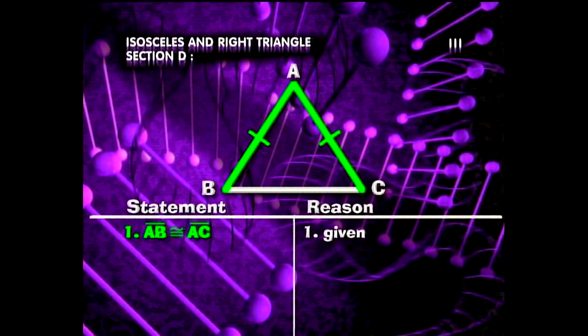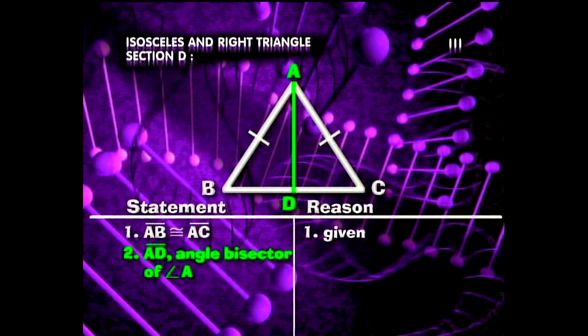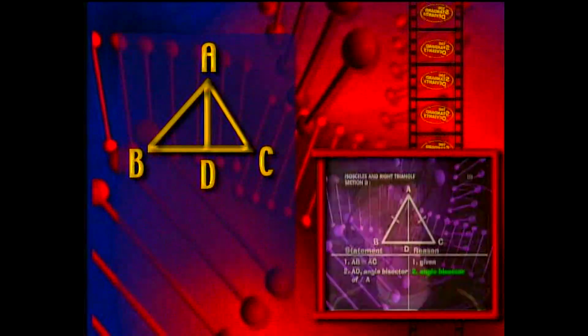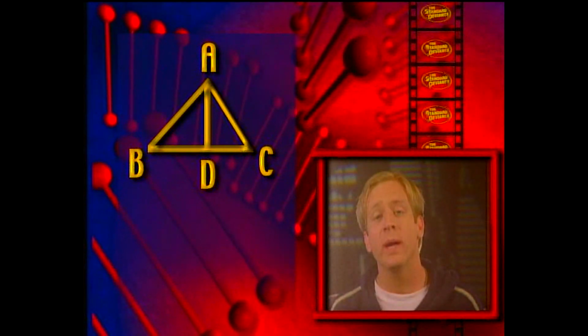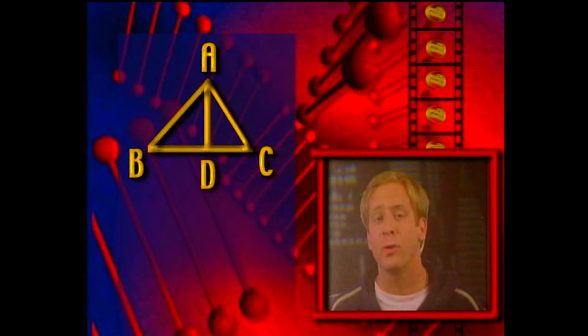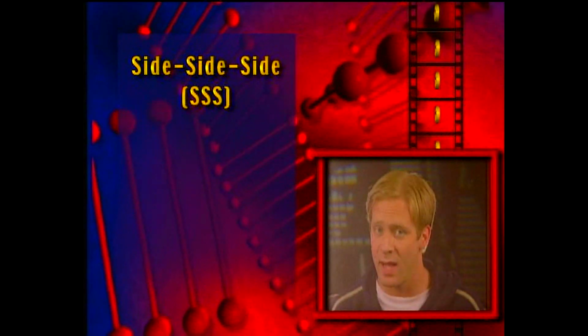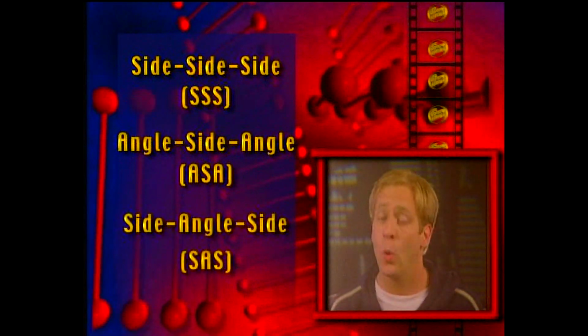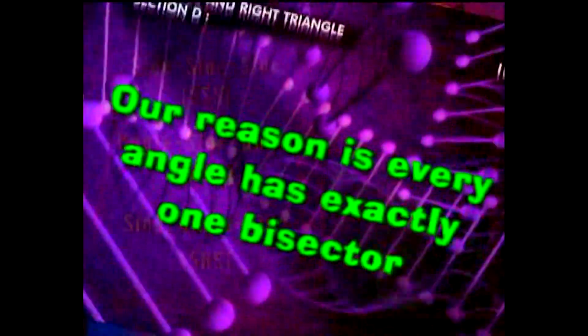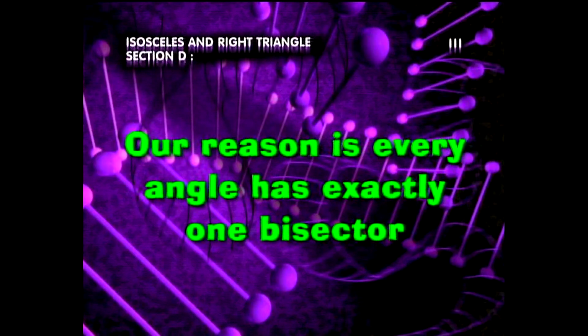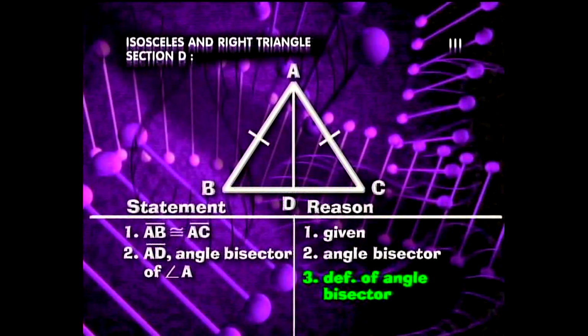Sides AB and AC are congruent. Second, we'll draw AD, the bisector of angle A. Why do we do this? We need a way to use one of our newly learned triangle postulates: side, side, side, angle, side, angle, or side, angle, side. Our reason is every angle has exactly one bisector. The definition of an angle bisector